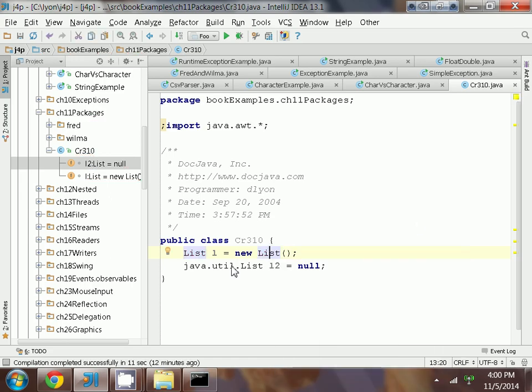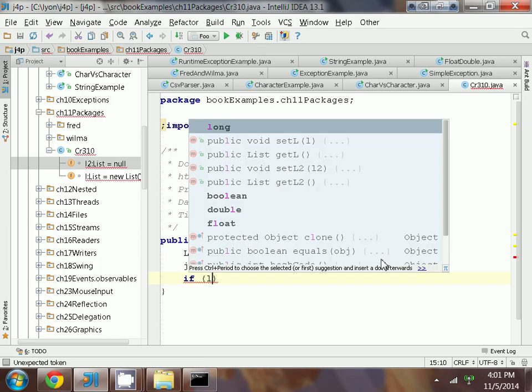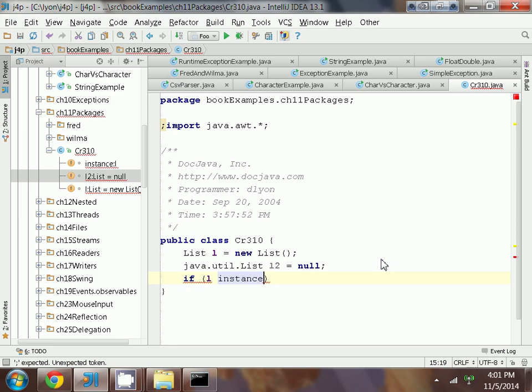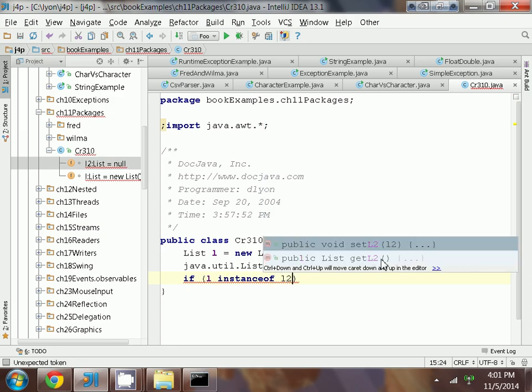So here, if I use an AWT List, then look what happens immediately afterwards. I've got a Java util List. Those are two different data types, right? Because a Java AWT List is meant for display, and a Java util List is just a container of reference data types. Very different classes. And you can't convert from L to L2, right? If L is an instance of L2,